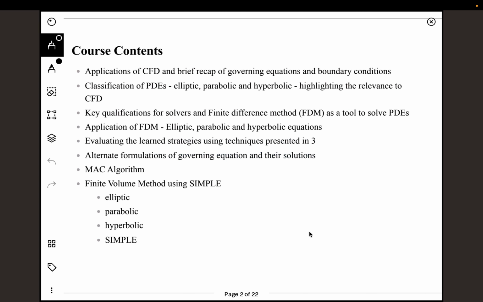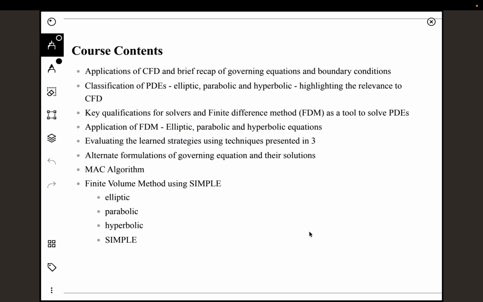In this particular course, we have been discussing several topics from the beginning. We started out with the governing equations for fluid mechanics, and then we classified different kinds of PDEs as parabolic, hyperbolic, and elliptic equations, and we discussed the finite difference method to solve this set of equations under different kinds of boundary conditions. We also analyzed how to evaluate the stability criteria for a given algorithm that you can develop using the von Neumann method. And subsequently, we extended the technique from diffusion problems, and then we went into convection, and eventually we solved